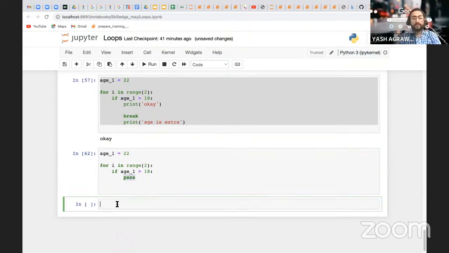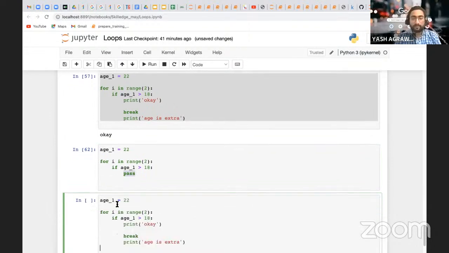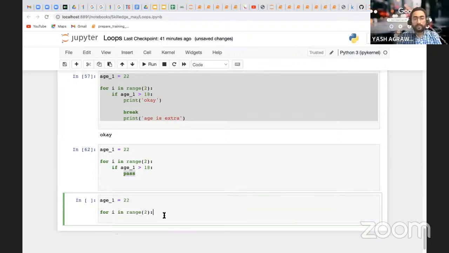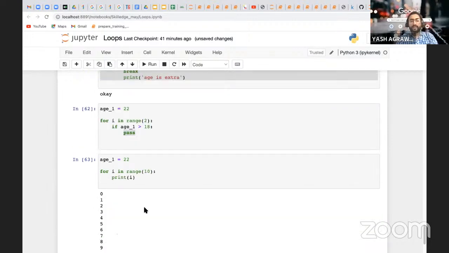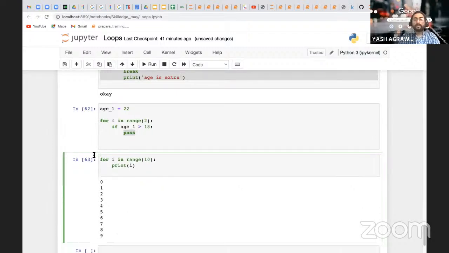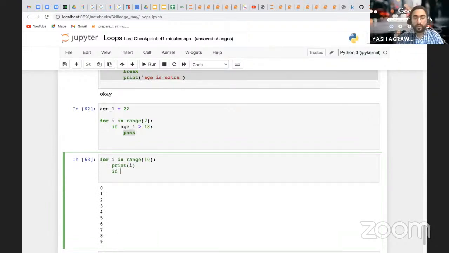अच्छा सर, अब इस केस में क्या आंसर आएगा? क्या आंसर आया सर? 0 से 9 तक. ठीक है, एज का कोई रिक्वायरमेंट नहीं है. सर, what I did, if i equal to 5, ठीक है.